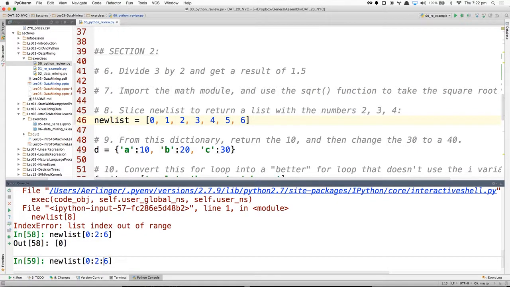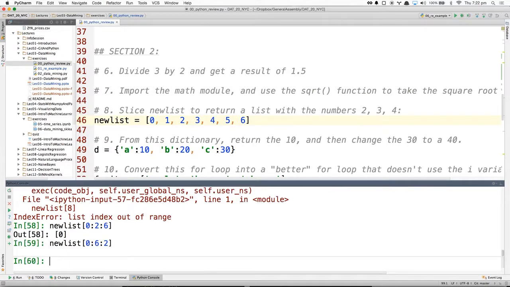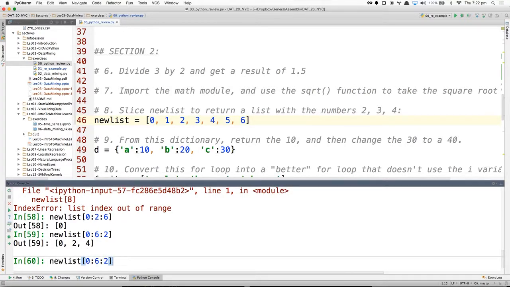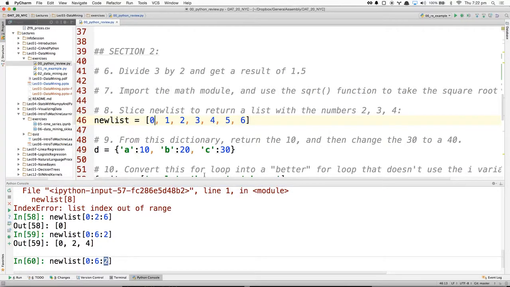I can also, let's see if I remember the syntax correctly. This is sort of the answer to the question: if I want to slice a new list to return a certain section, I can also skip values. So I can say go between the 0th element, 0, to 6, again not inclusive, skipping by 2.